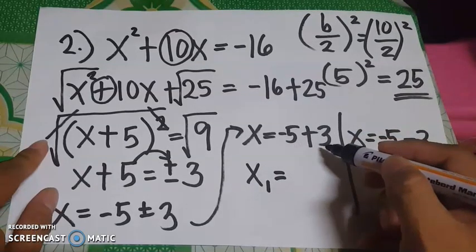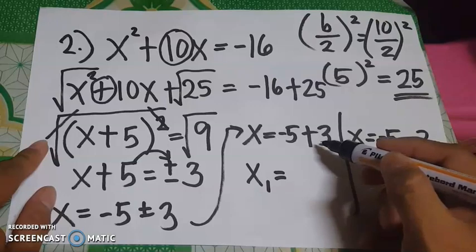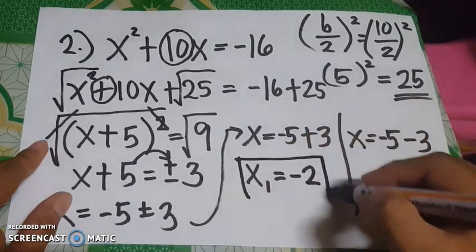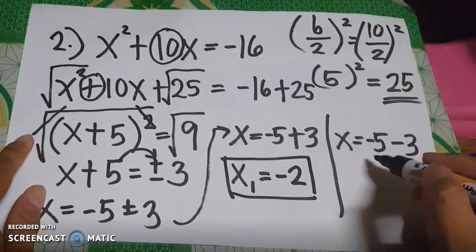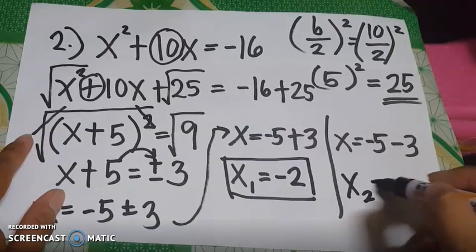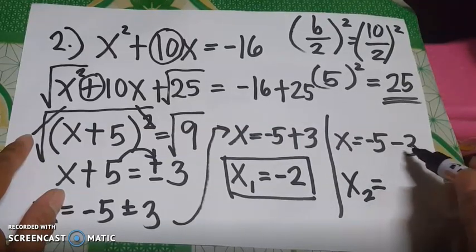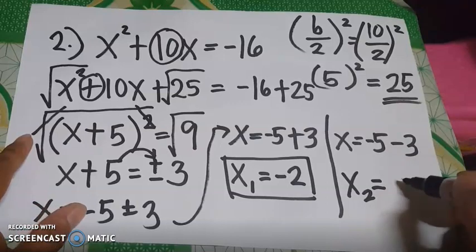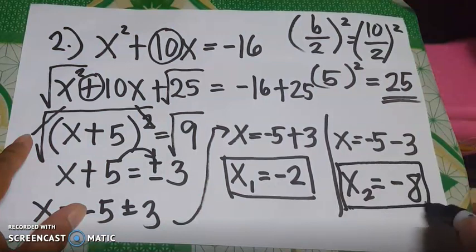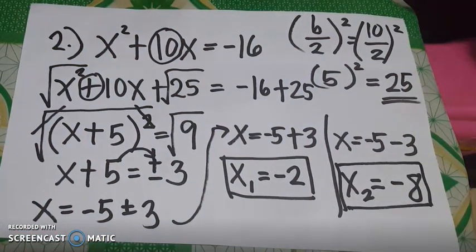So, recalling your operations on integers. So, we come up here with an answer as negative 2. While for the second solution, we do have here x sub 2, negative 5 minus 3. So that would be equal to negative 8. So therefore, the solutions to the given quadratic equation na x squared plus 10x is equal to negative 16 are negative 2 and negative